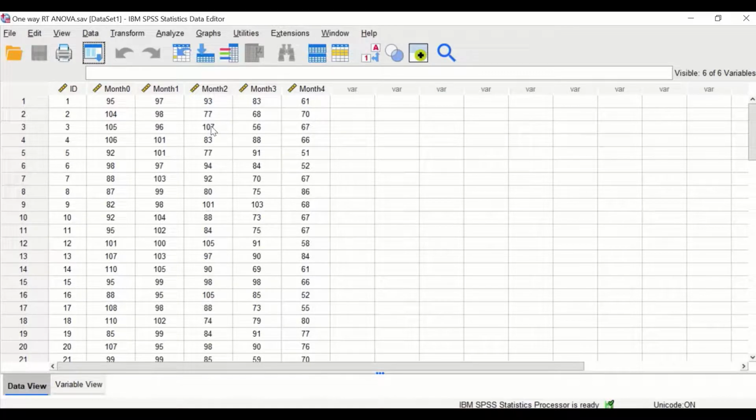So one-way repeated measure ANOVA will be used to find out whether exercise will have an effect on